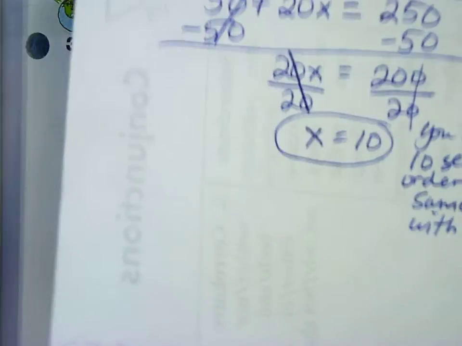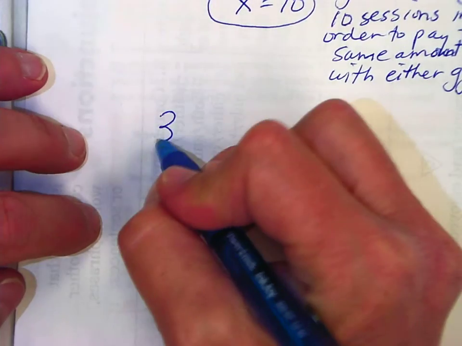Okay, we have time for one more, so let's try one more. Let's go back to a two-step equation, 3x